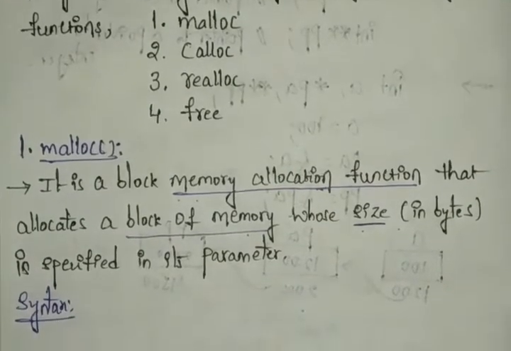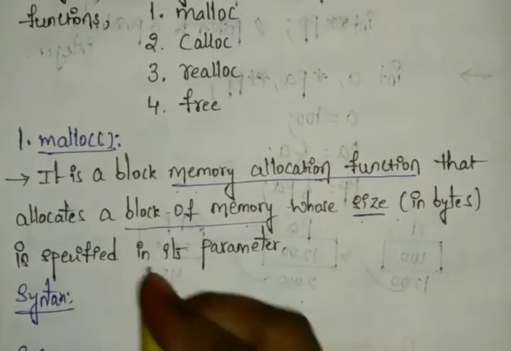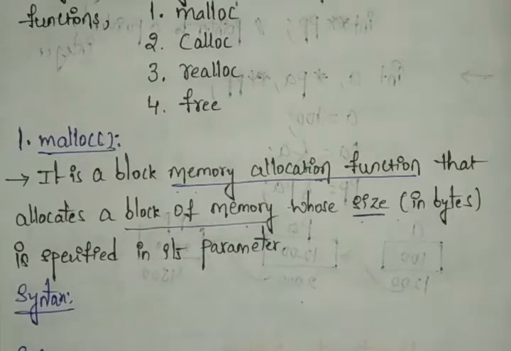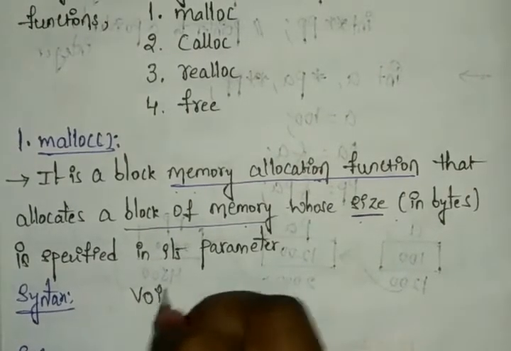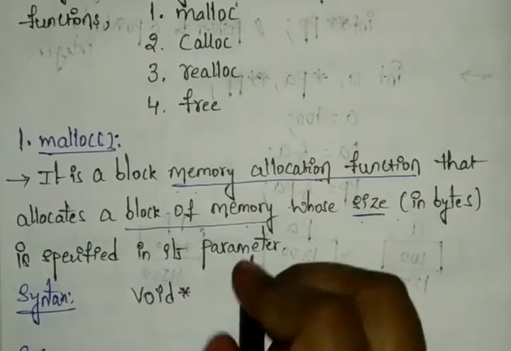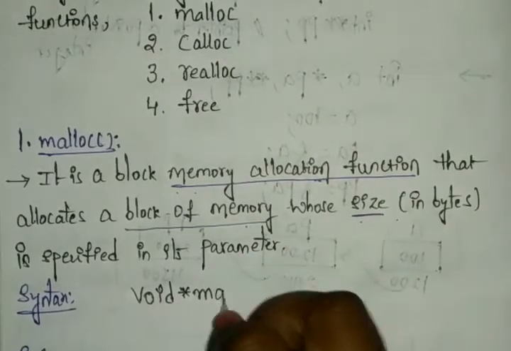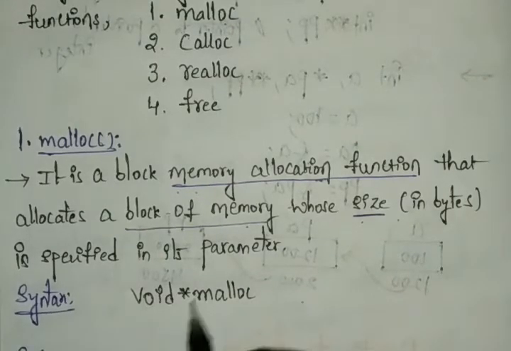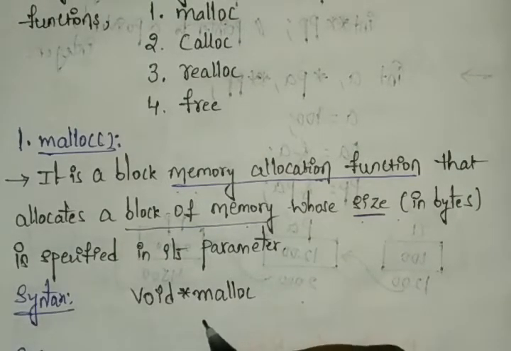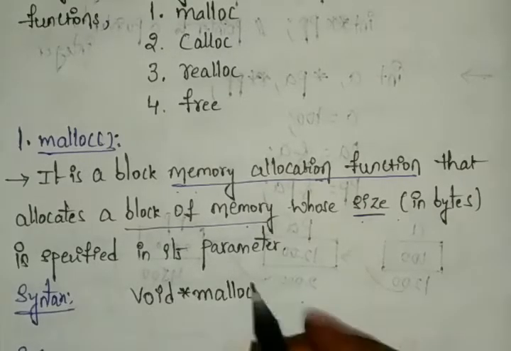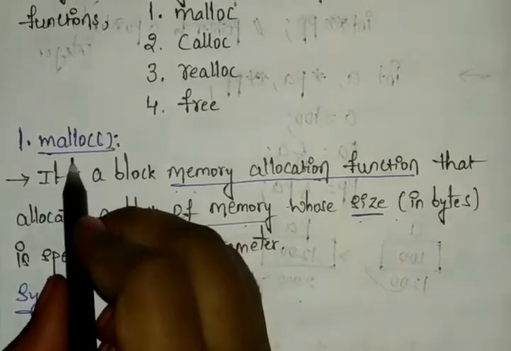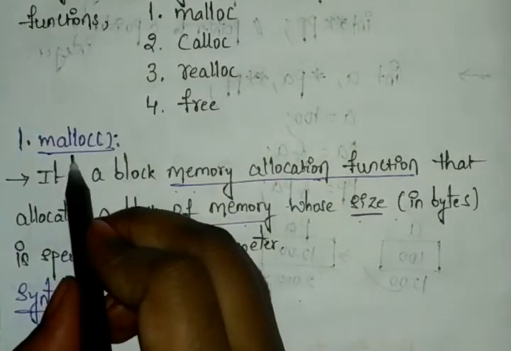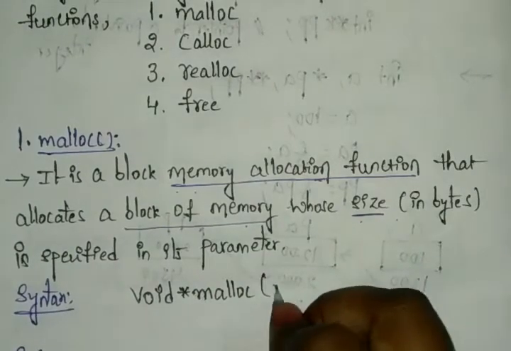We have the syntax to define malloc. First, we need the return type void, and this void pointer is used for alloc. See, here we are writing the pointer symbol. Why? Because dynamic memory allocation can be done by using pointers, right? That's why we are writing the void pointer symbol with malloc. We write malloc because we are performing a process for malloc. And next we have size.